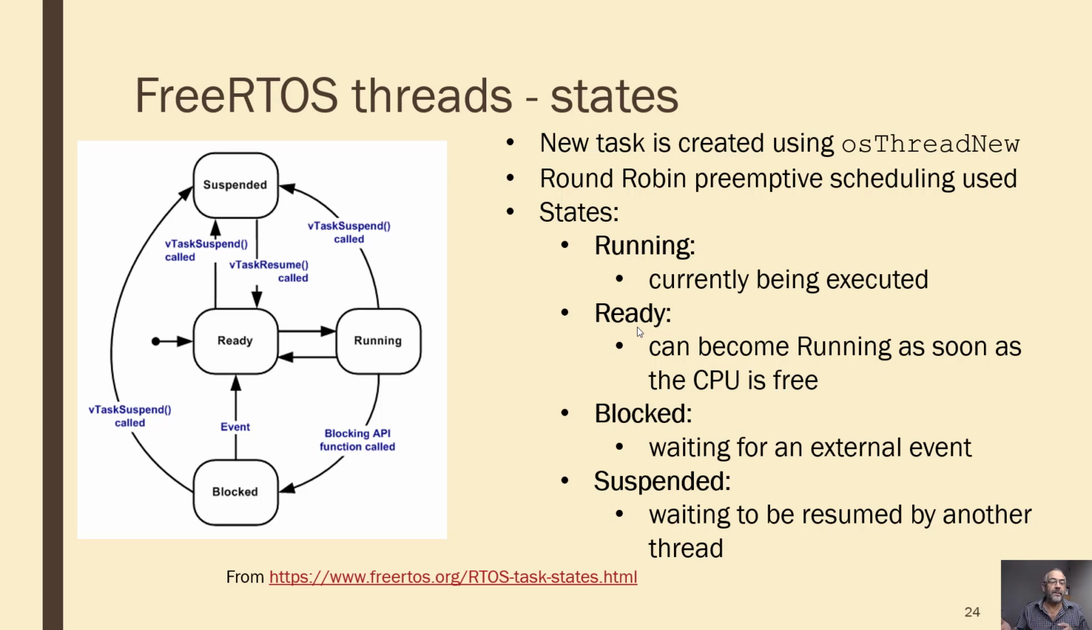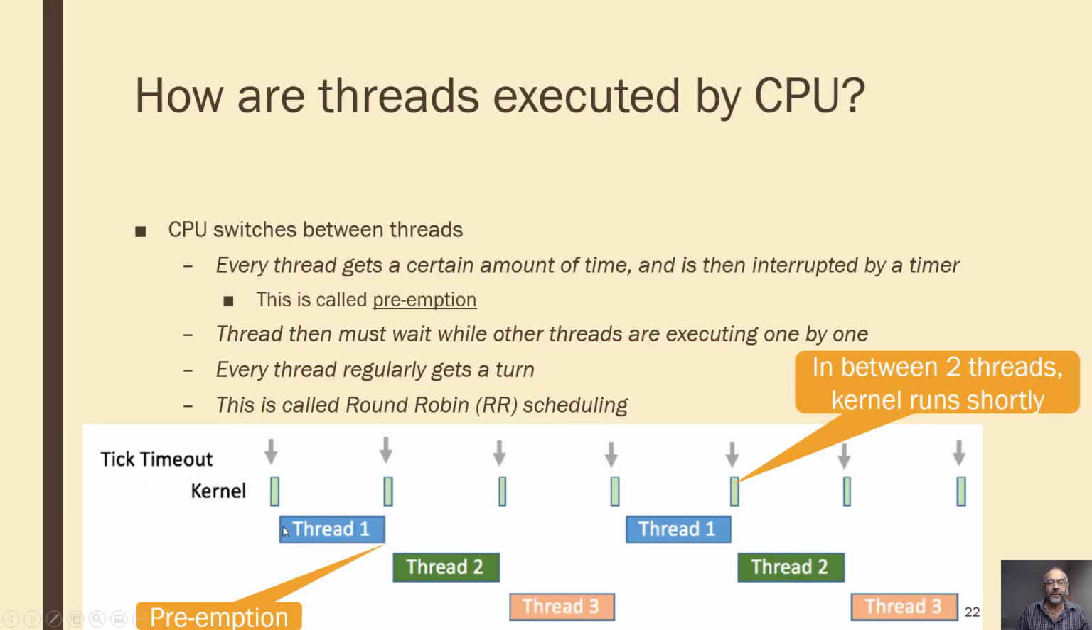And as soon as the CPU is free, it can become running. And yeah, as you see, this is a state transition diagram. A thread can go between these states back and forth. So that's what happens here. Thread 1, now it's running